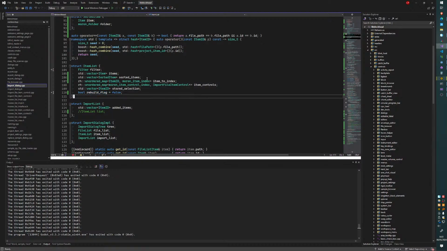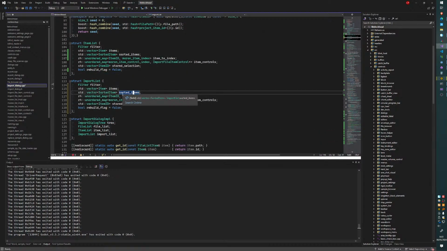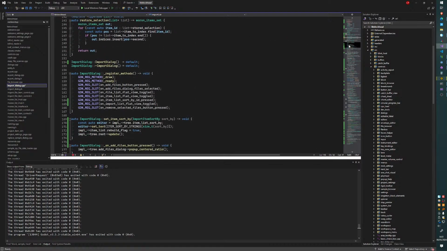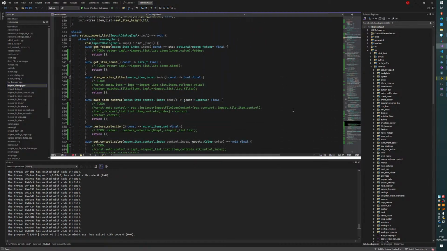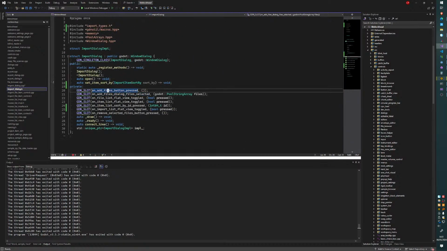I think I'll just copy this, and then resolve the copy pastage later. So more on item is